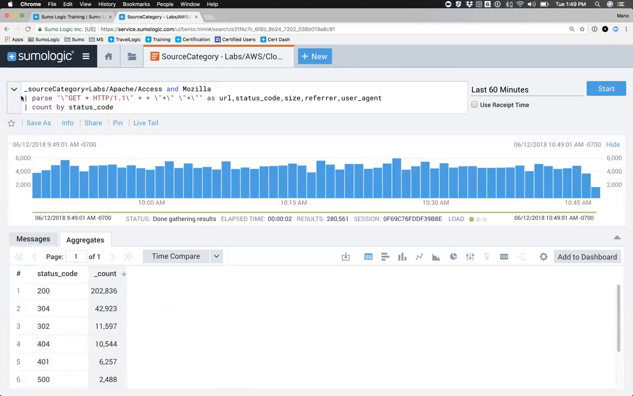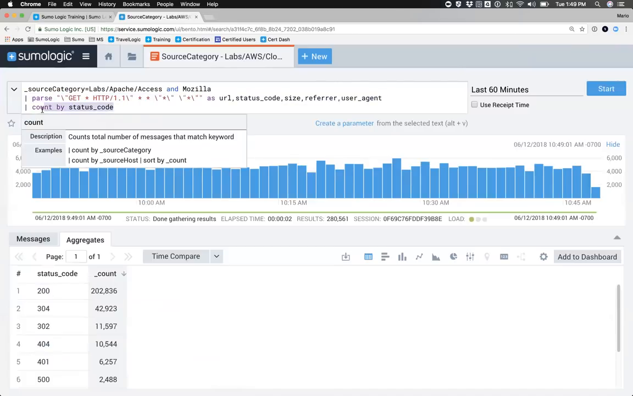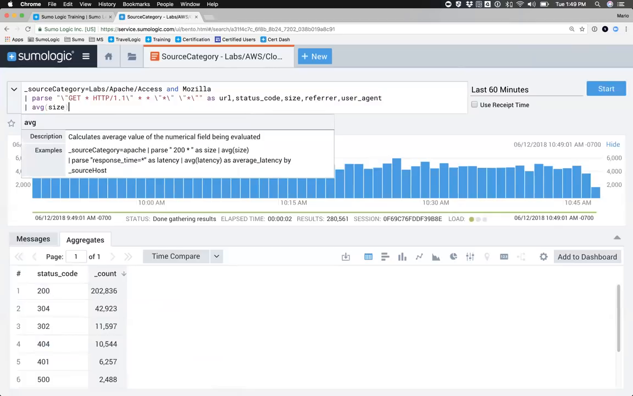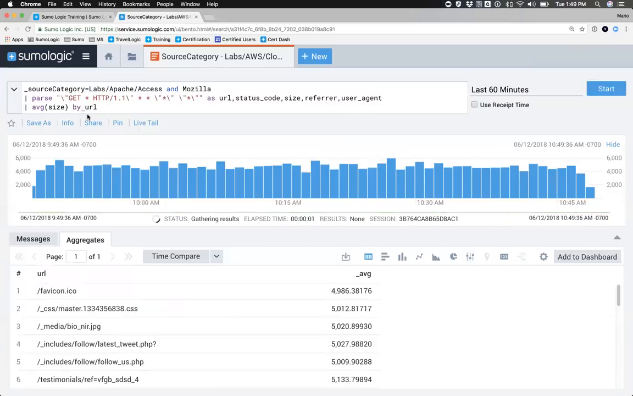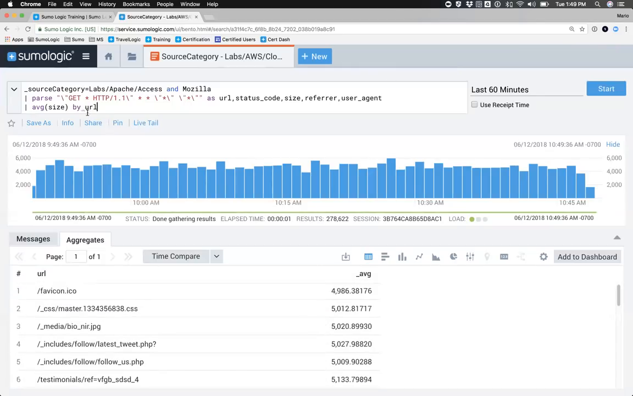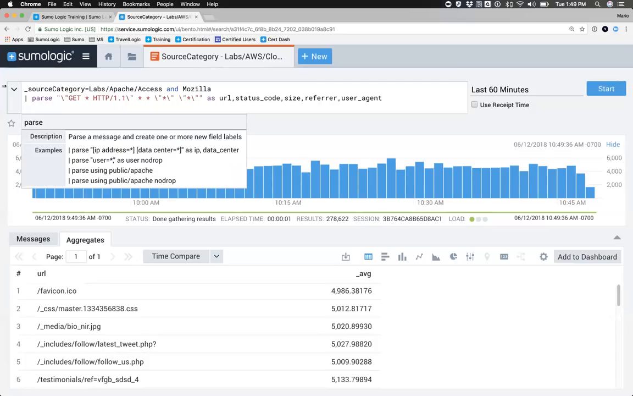But you start seeing how I can use a parsing statement to start identifying what I want to do here with my data, right? I could do something like find out what's the average size by URL. So depending on the URL they're hitting, what's the average size of my message that is being sent in here? So you notice how you can start getting pretty creative with the analytics you can do once you have parsed